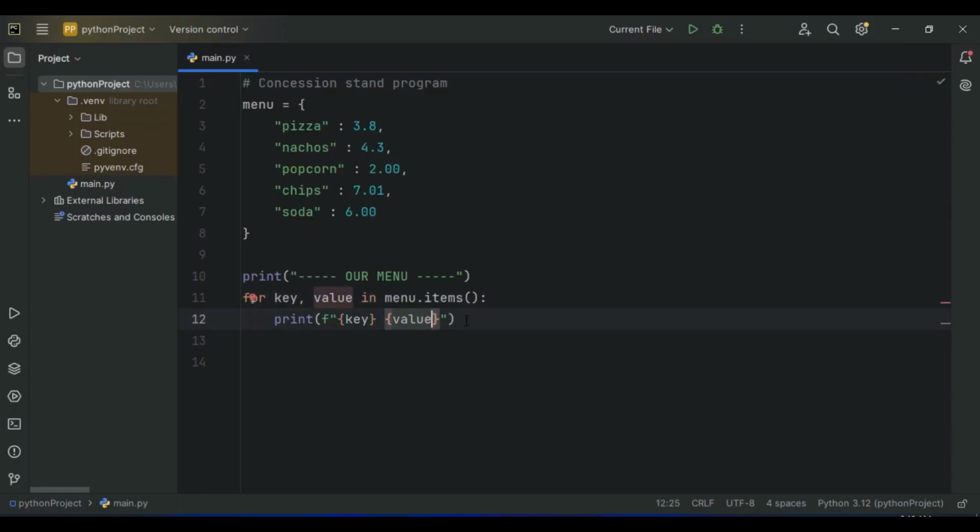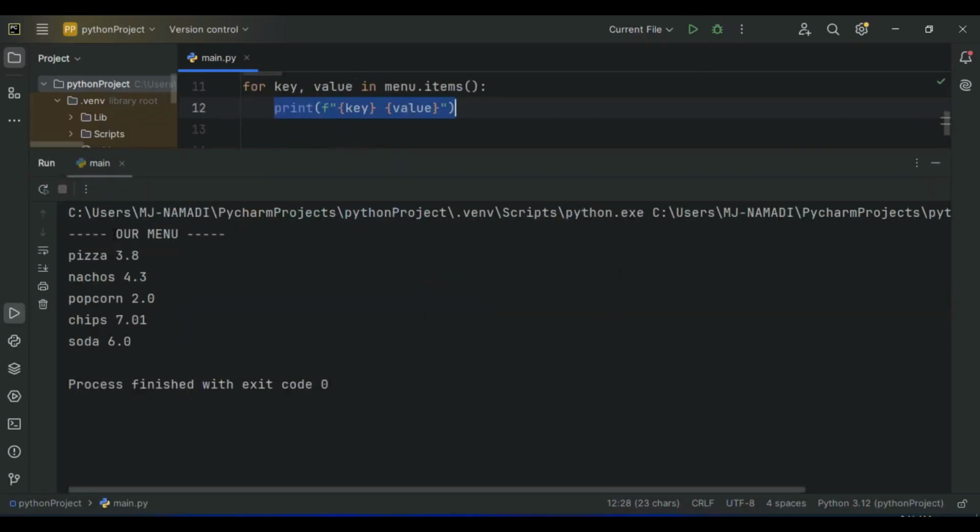If you remember our dictionary lessons, our dictionary items are stored in key-value pairs. So here we're looping through our dictionary, and right here we are representing each key with the key variable and the value with the value variable. Then within our for loop, we print every key and every value within our menu dictionary. So now let's give it a try. Let's run our script. As you can see, we have our menu right here, a decorative text, and we have our dictionary items